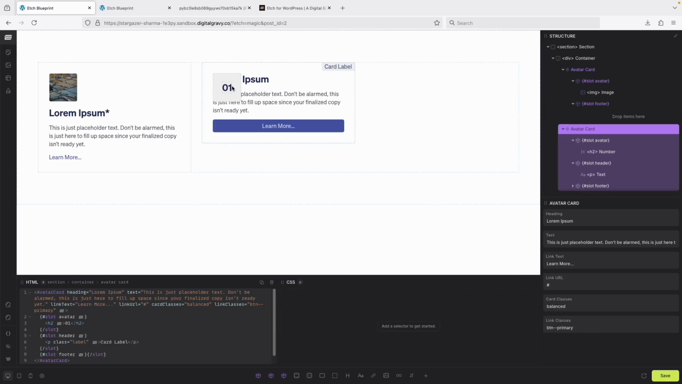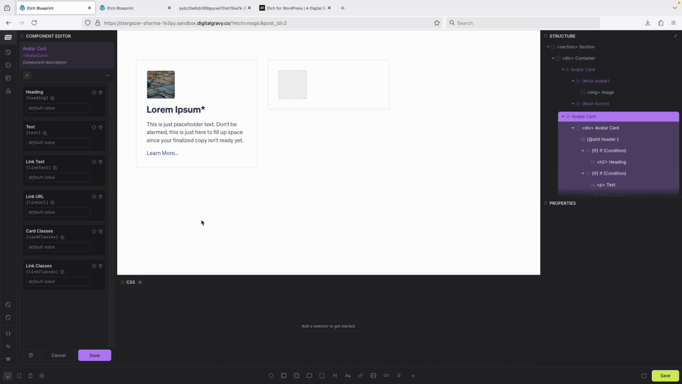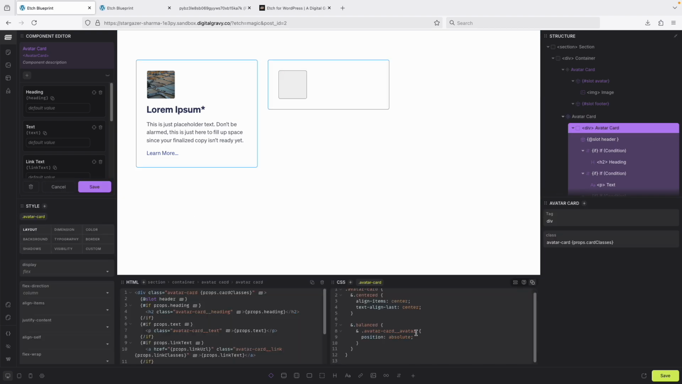Let's see what we have so far. So that makes our content go behind the avatar. So we need to position our content as well. So for the card heading, we'll say ampersand dot avatar card heading